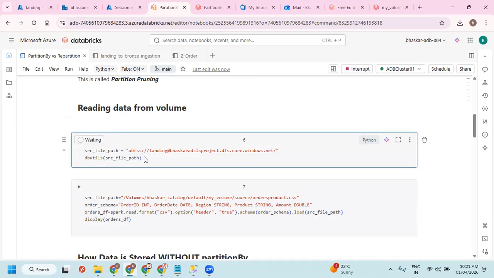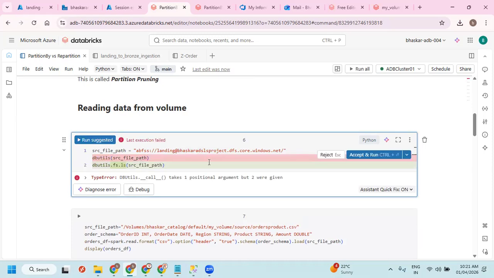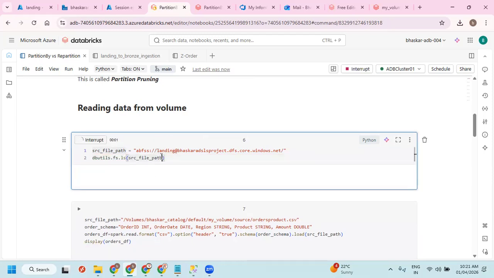Just run it. Some spelling mistake it is.